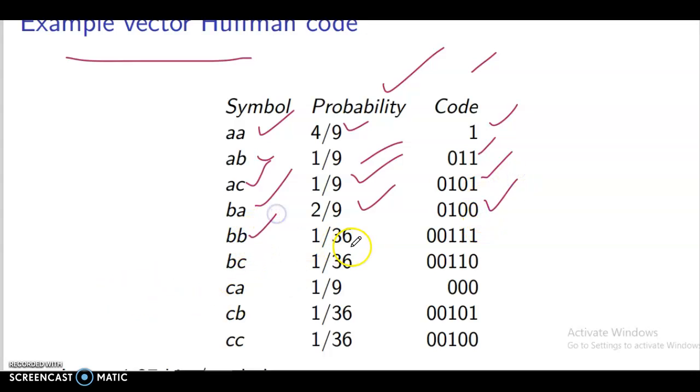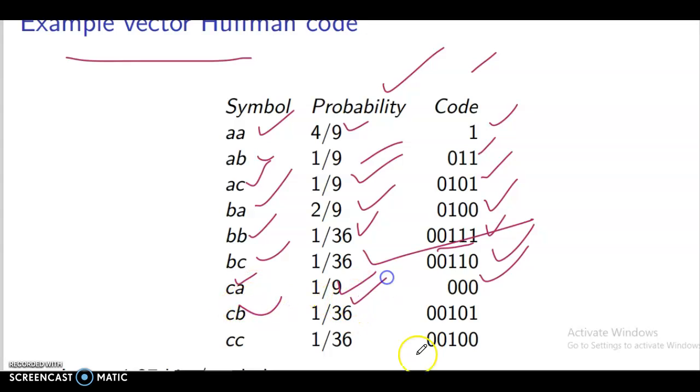Symbol BB, probability 1/36, code 00111. Symbol BC, probability 1/36, code 00110. Symbol CA, probability 1/9, code 000. Symbol CB, probability 1/36, code 00101. Symbol CC